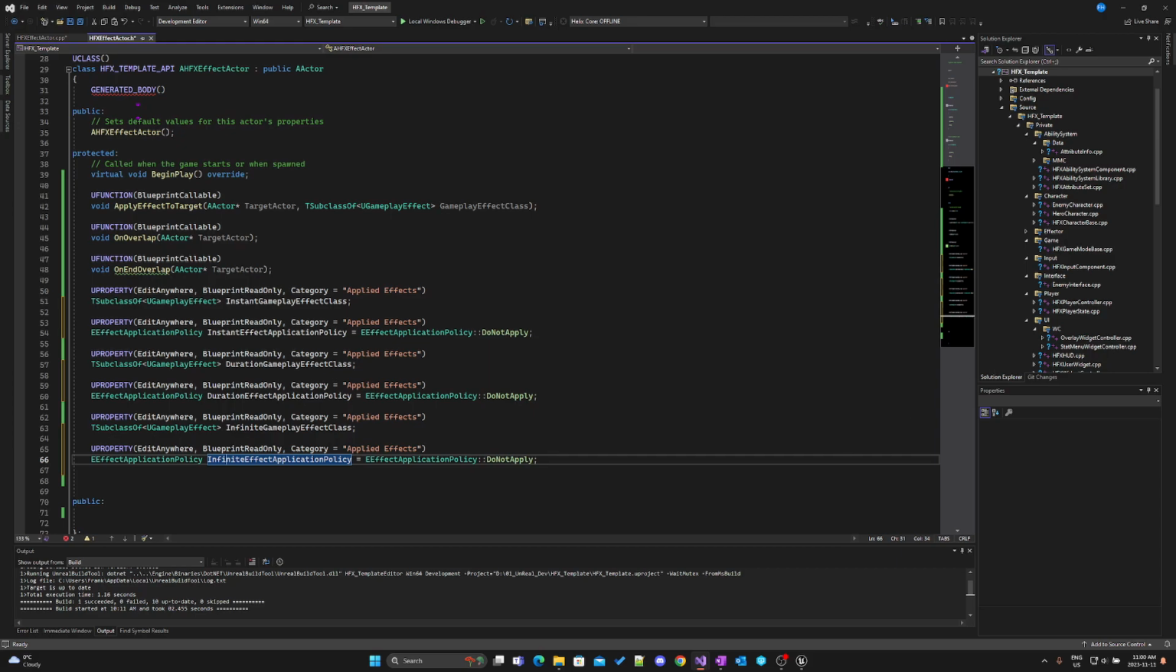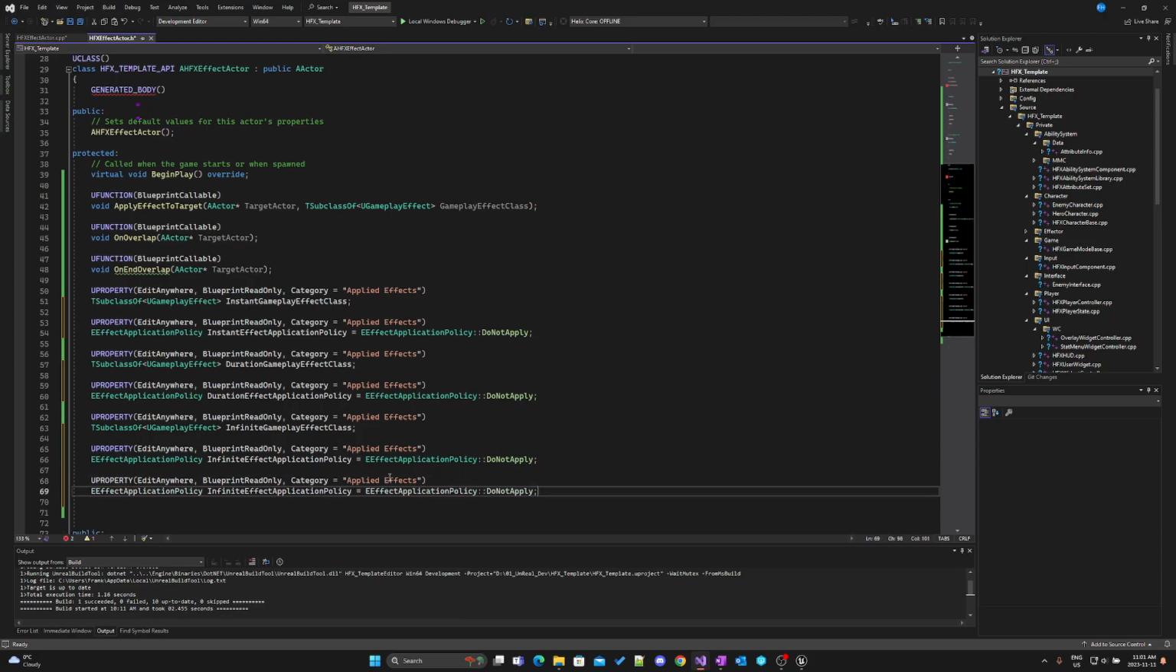Application policy, and we'll set it to do not apply. And the only one, I'm going to make one more here. I'm going to copy this one here and paste it. The ones that are duration are going to expire after a certain period of time. The instant ones are going to happen instantly. The infinite one is the only one that has a potential of not applying on the end overlap. So this one is going to be the infinite effect